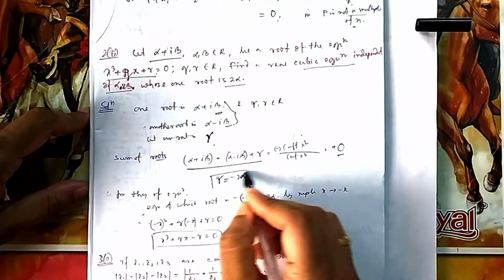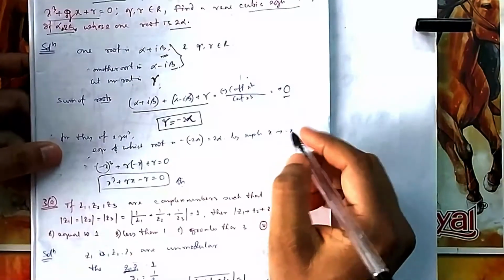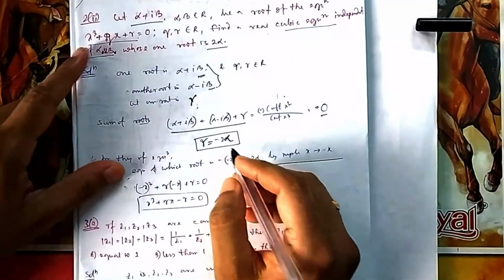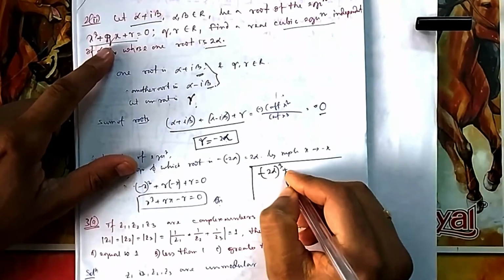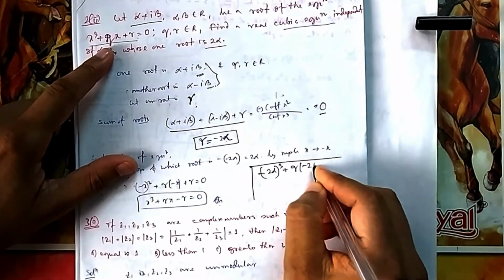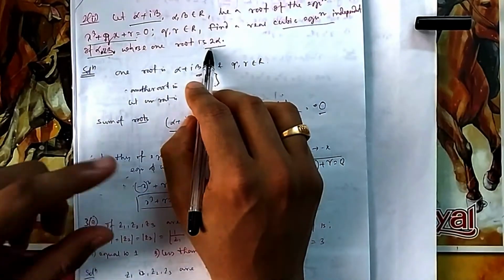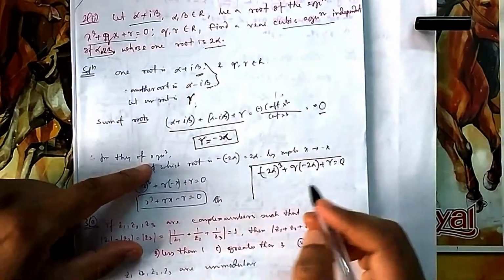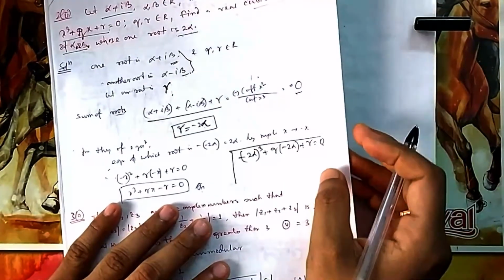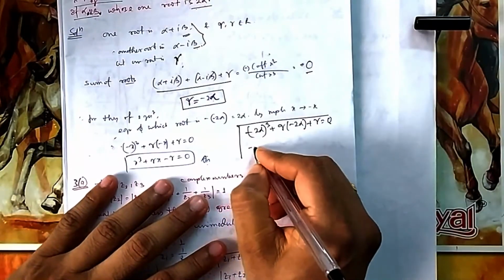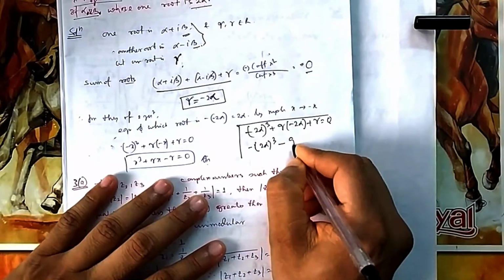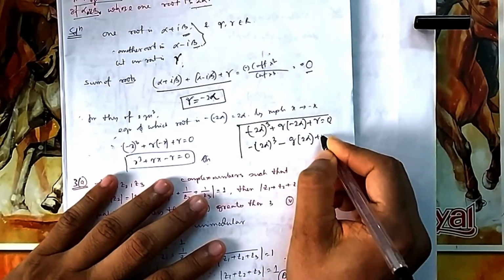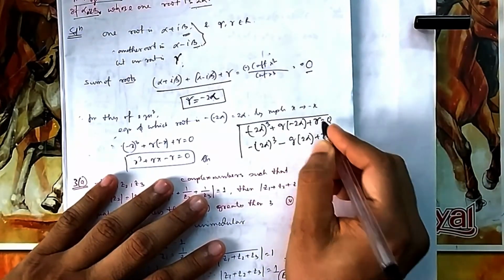So that means your gamma is equal to minus 2 alpha. Now forget about here. If gamma is equal to minus 2 alpha, so if you put minus 2 alpha here, it should satisfy because it is a root of this one. Now you need an equation which one root is 2 alpha. So what you can do, you can put minus 1 outside and then 2 alpha cube. You can put minus alpha, 2 alpha cube. This is r, not gamma.